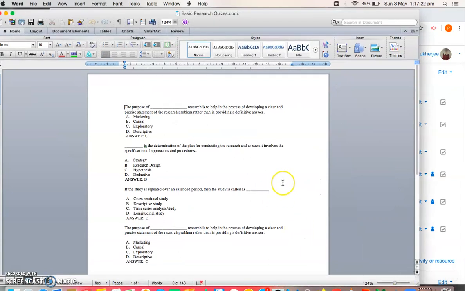Yes, this is the Word document. Now there are 2 processes. If you are working on Windows, then you can easily open the notepad and write these questions. But right now I'm using Mac, so I'll tell you how you can do this in Mac. So yes, you write the questions exactly in this form.